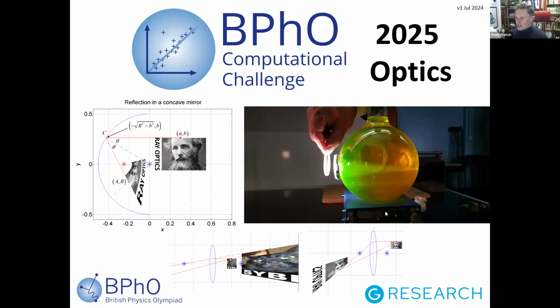And then the last bit of the challenge is a bit of modeling. We're going to look at rainbows, so rainbow physics. This is a big dollop of what was in the Science by Sim 1. We're going to give you all the theory for it, and also some prisms as well. And just for fun, there's something rather pretty on anamorphic images, which I hope you'll all have a go at, practically as well as with software. So if anyone fancies actually filming that in the real, we've never had someone putting some live video in a BFO challenge. So maybe this is your opportunity.